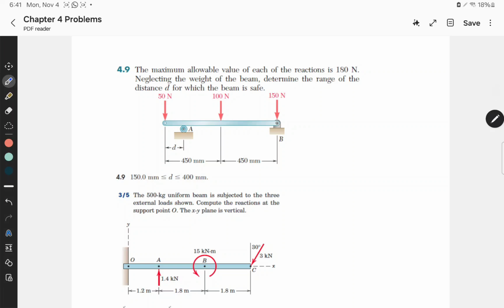Maximum allowable value of each of the reactions is 180 newtons. Neglect the weight of the beam. Determine the range of the distance D for which the beam is safe. So in this one,